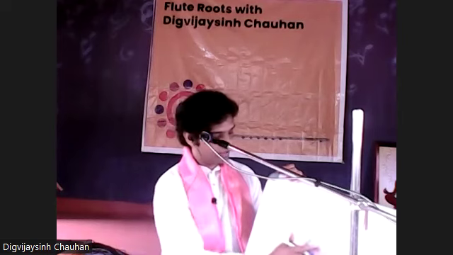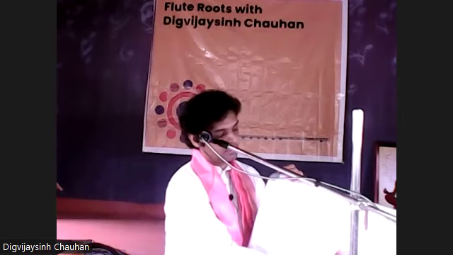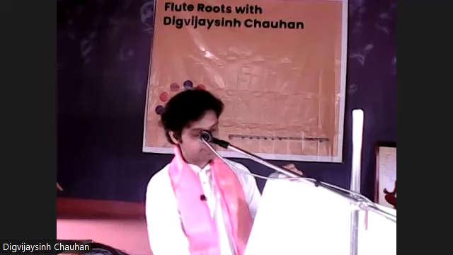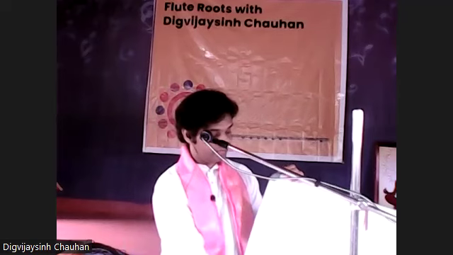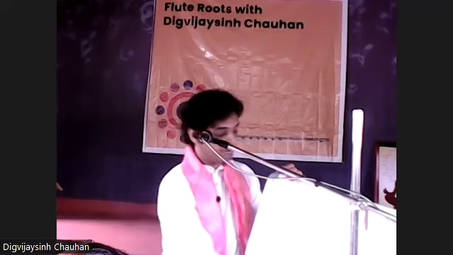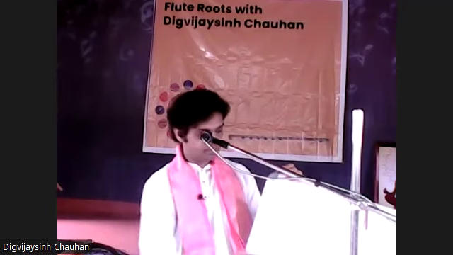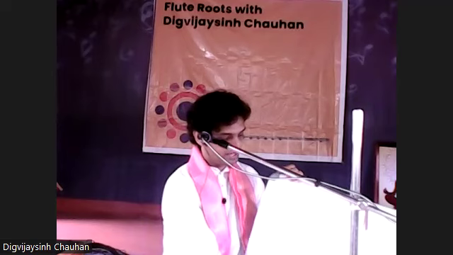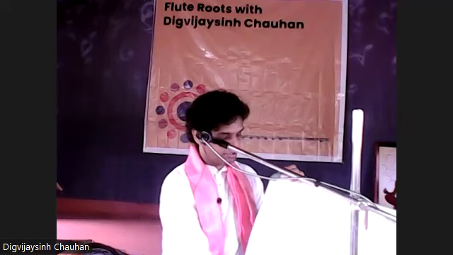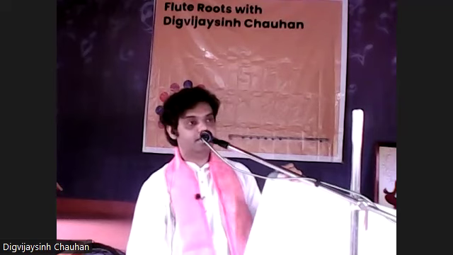Suppose if I say, okay, you play Sa Ni Dha Pa Ma Ga, Sa Ni Dha Pa Ma Re Sa, Ni Ga, then it will have 6 notes in the descending. Fine. We can have a raga which has 5 notes in ascending, 7 notes in descending. This is the example for that. Okay, then we can have a raga which has 6 notes in ascending, 5 notes in descending. Then 6 notes in ascending, 6 notes in descending. We can have a raga 6 notes in ascending, 7 in descending.